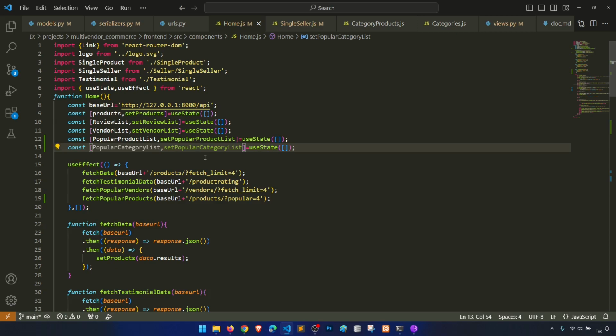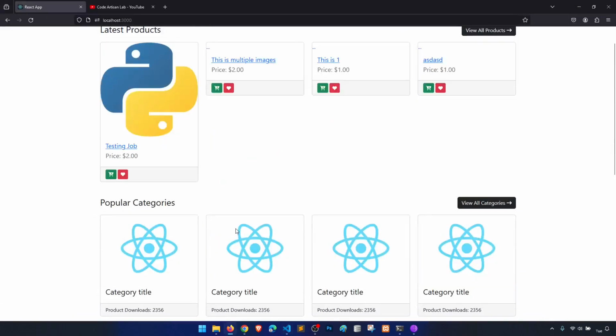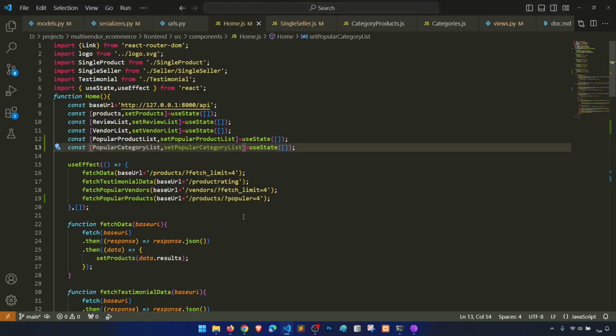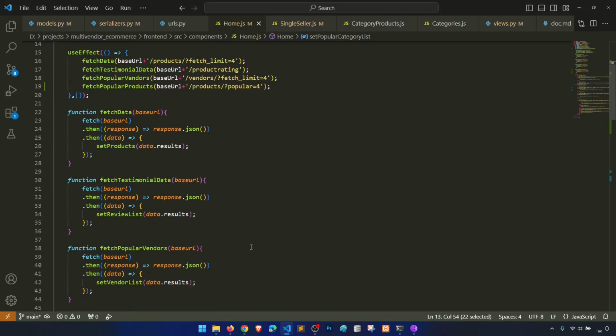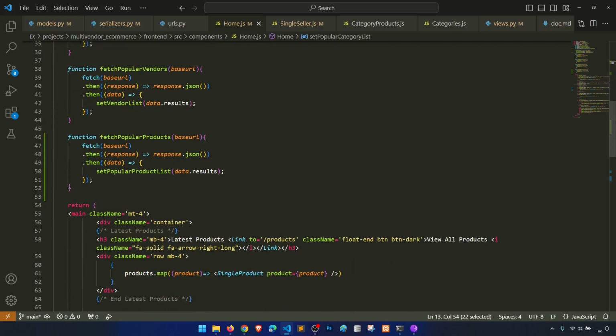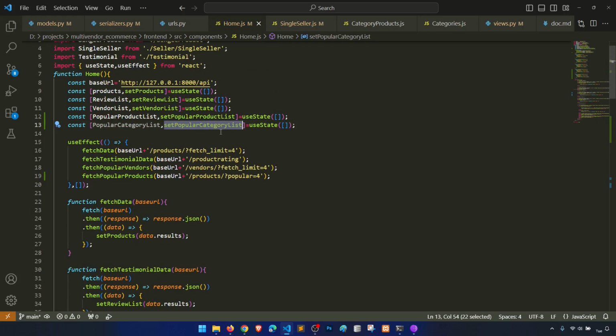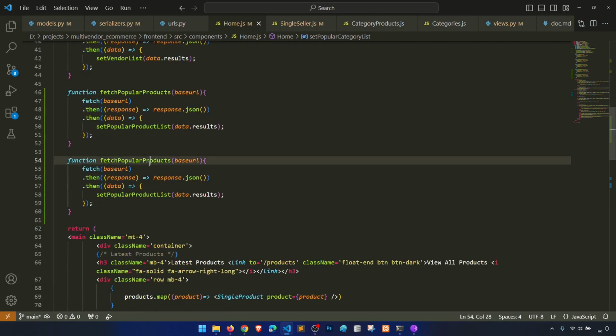Okay, so popular category list, and then we have, so set popular category list, and then we have, let's copy this one, paste here, set popular category list,